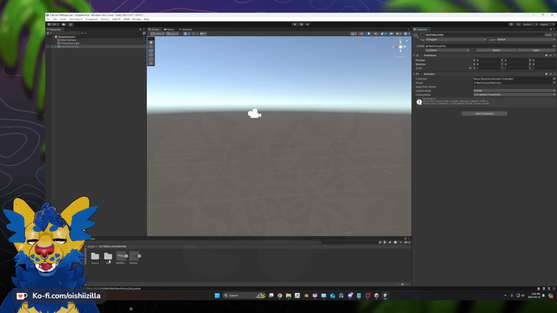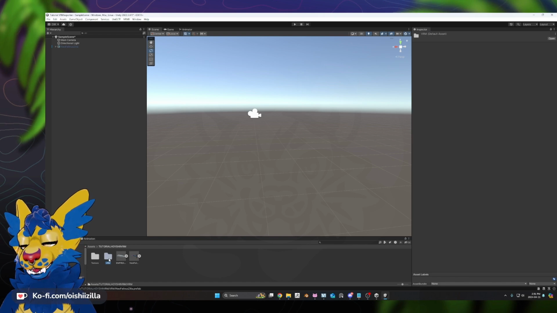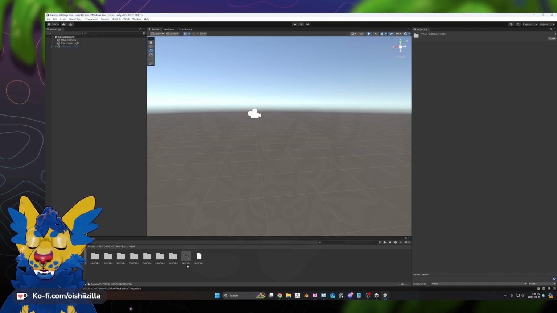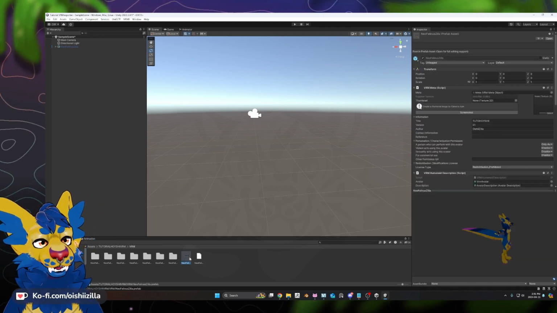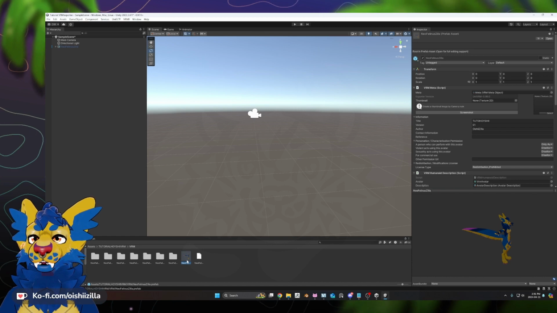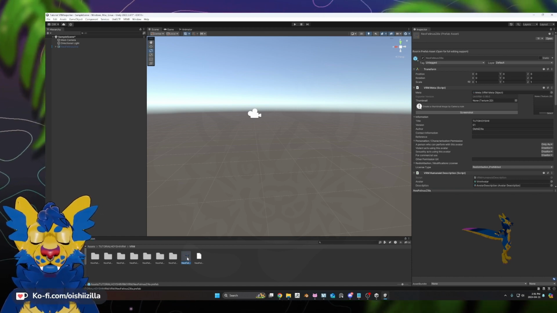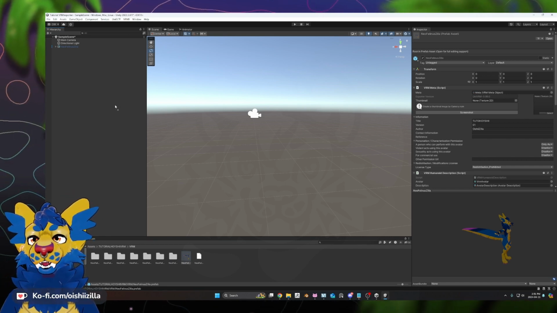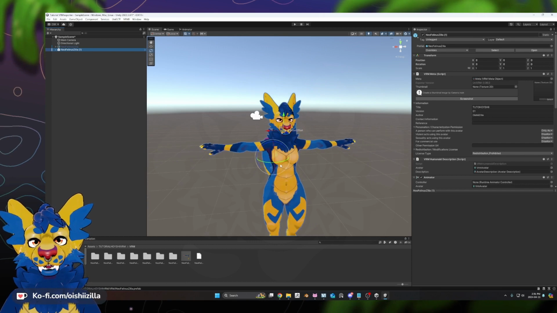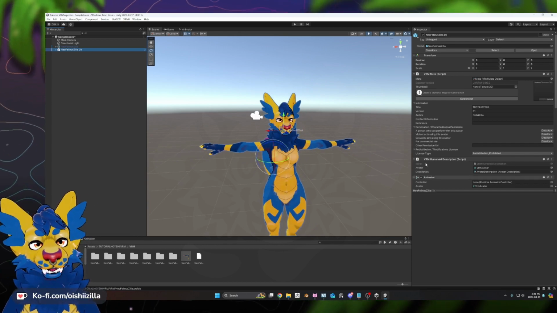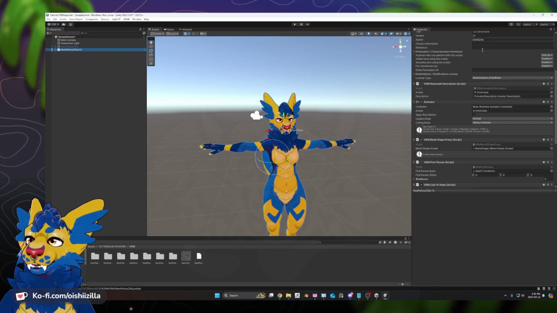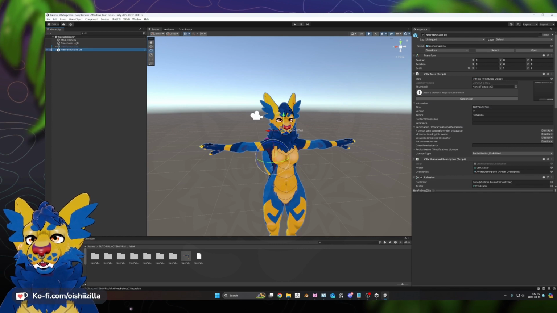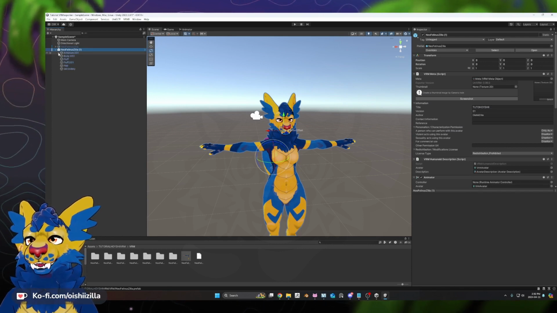So we're going to hide our original model, the FBX one. And now in the VRM file at the bottom, when you go in it, there should be a new model that is now not FBX, but a VRM model. So do the same as earlier. Grab your model and bring it into the hierarchy. It looks the same, but now on the side here, you have some properties and everything for your model. But before doing so, I'm going to show you how to add some